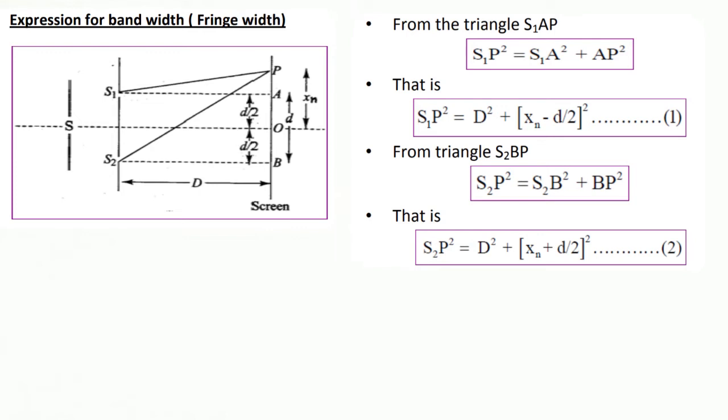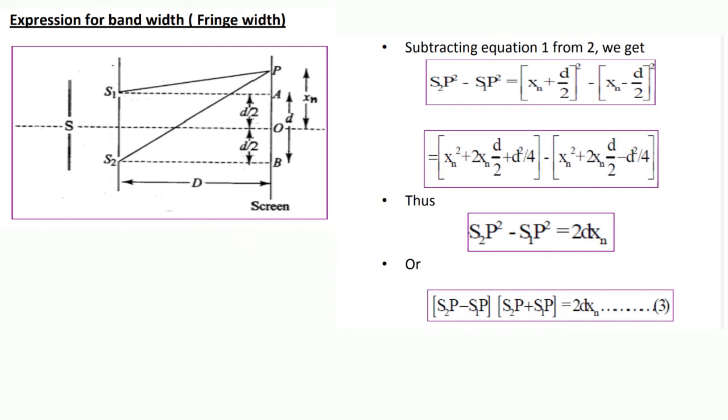From triangle S2BP, S2P square equal to S2B square plus BP square. S2P square equal to D square plus (Xn plus d by 2) whole square. Equation number 2. Subtracting equation 1 from 2, we get S2P square minus S1P square equal to